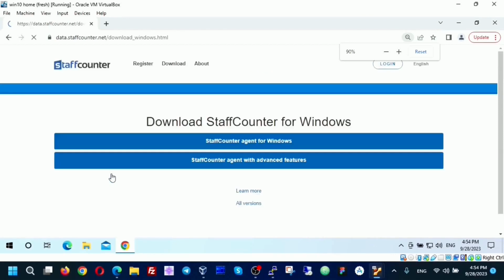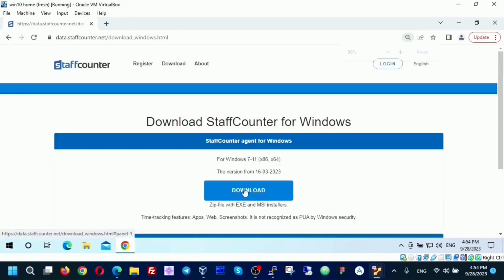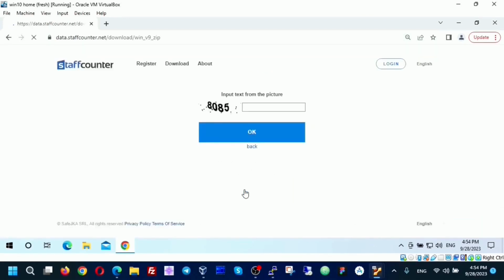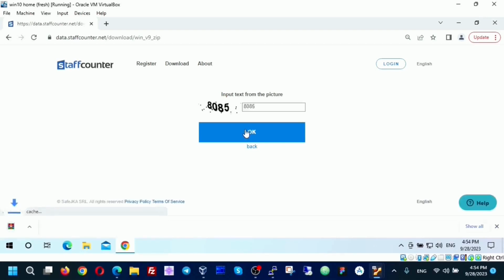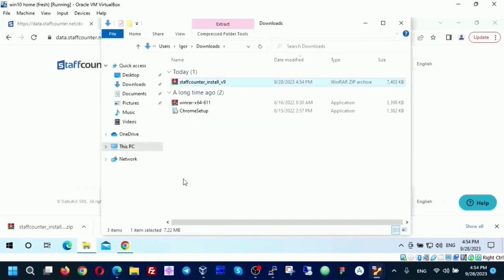Let's download a simple agent. Enter 4 numbers. Click OK. The program has been downloaded. Open it, unpack it.